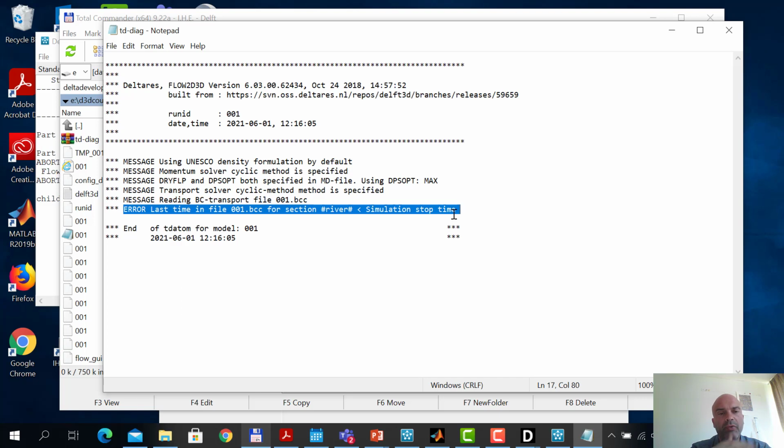So although we are overriding it because we define equilibrium sediment concentrations, it's still there. And apparently the time defined in the BCC file is not right. It's smaller than the simulation stop time. So if we go there,